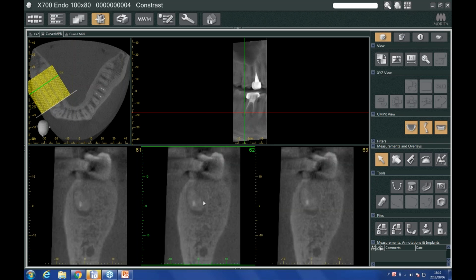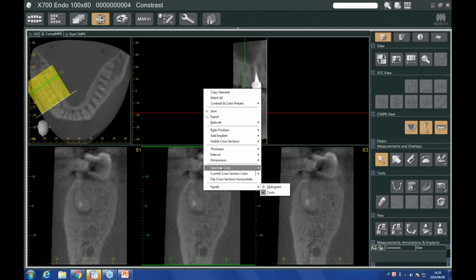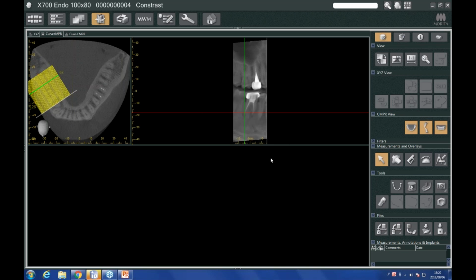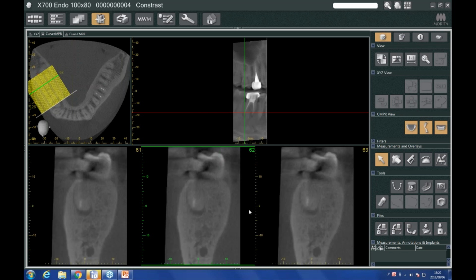And if you notice, the images get a little bit more noisy. Now this is going to be true of any data set from any manufacturer. The thinner your slices or the higher resolution of your images, the noisier they're going to become. So really, you're always trying to strike a balance between the signal to noise ratio, basically how grainy your images are, and what you need to see. Now, again, for an image like this, I would usually prefer a thickness of about 1 millimeter. This gives me a nice balance between resolution and quality,